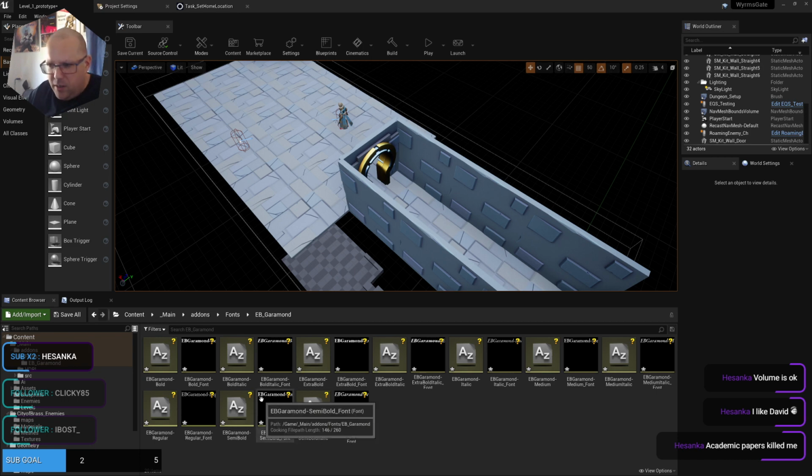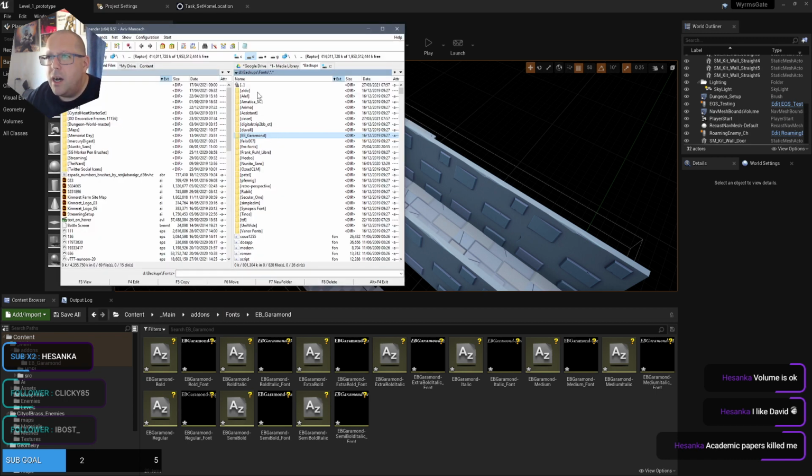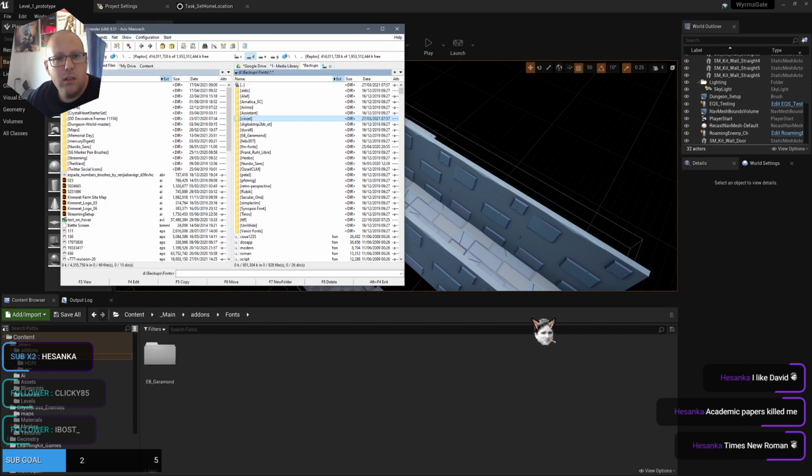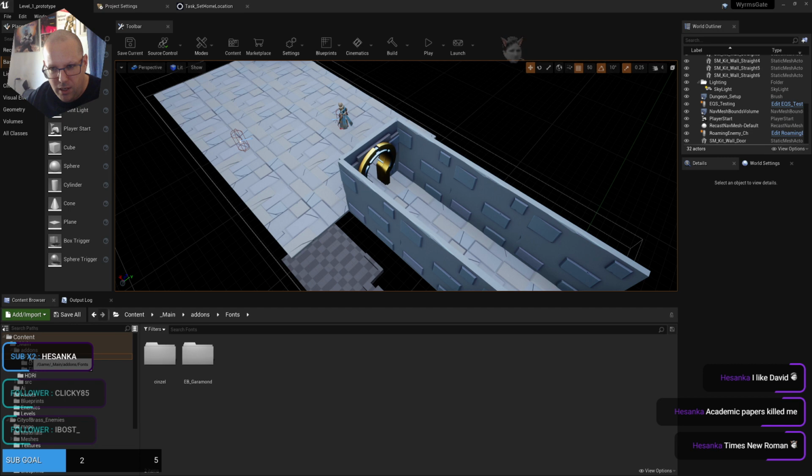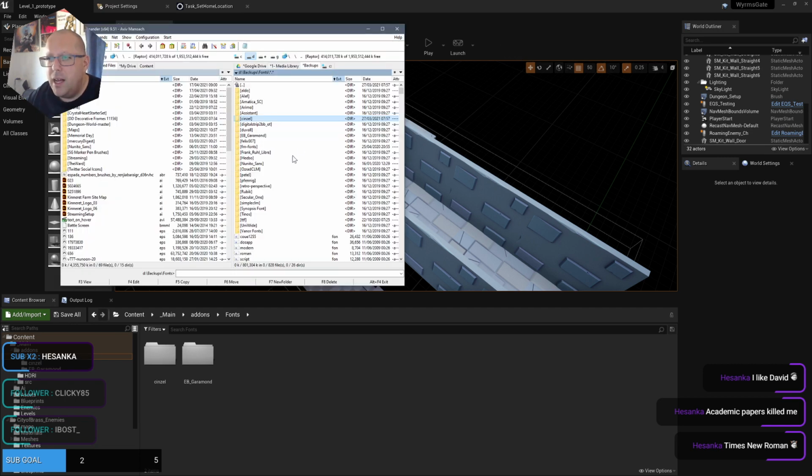Oh, and you can see now that there are icons that tell you that those are new files that were not synced into the repo yet. Cinzel is the next font. Times New Romance is a bit better than David. And yeah, I know, I write academic papers a lot, so I feel you. And the final one is called